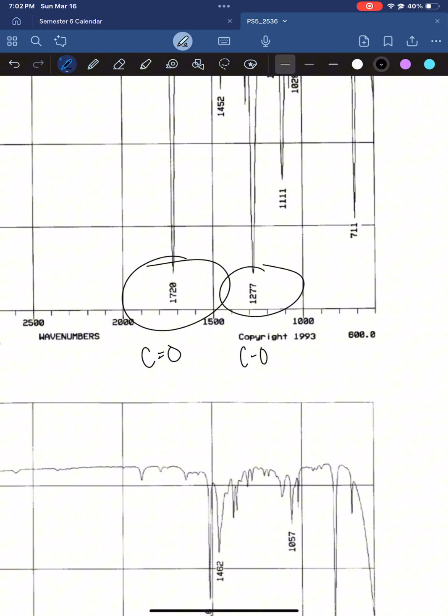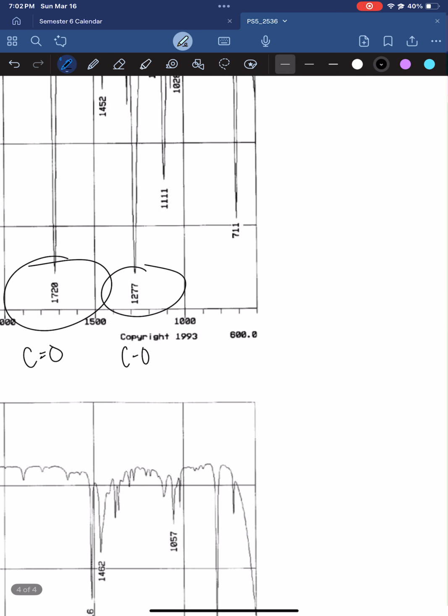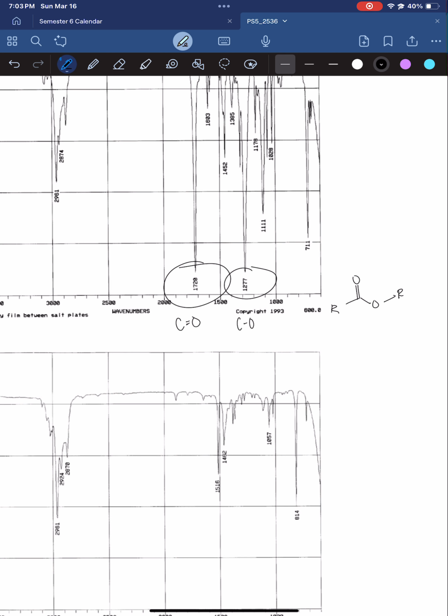So we know that they have a C double bond O stretch and a C single bond O stretch. So automatically, I can kind of already assume we have something that looks like this. And if you remember what functional group this is, it is an ester. An ester functional group. So you could argue that maybe there is a C single bond O somewhere else in the molecule and a